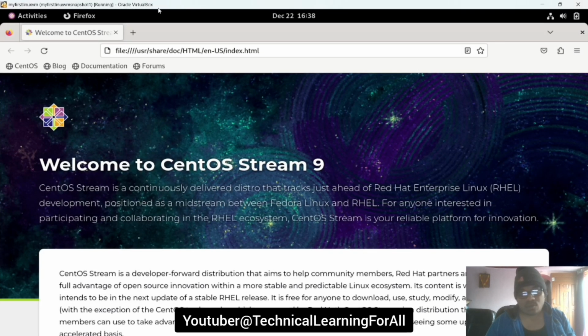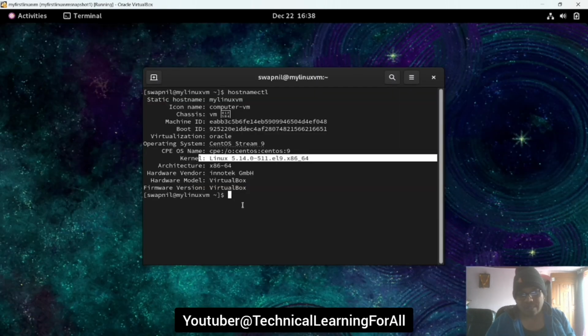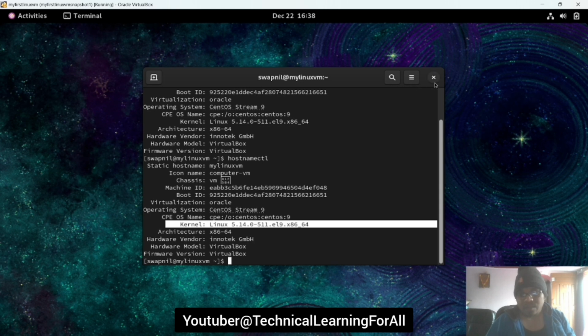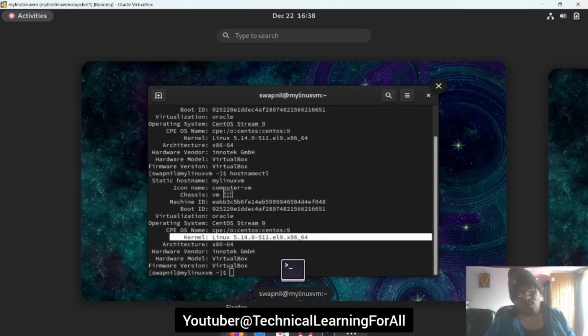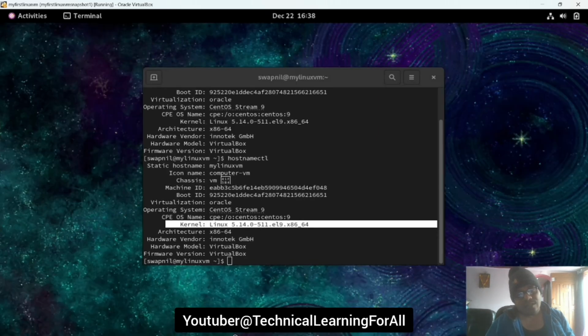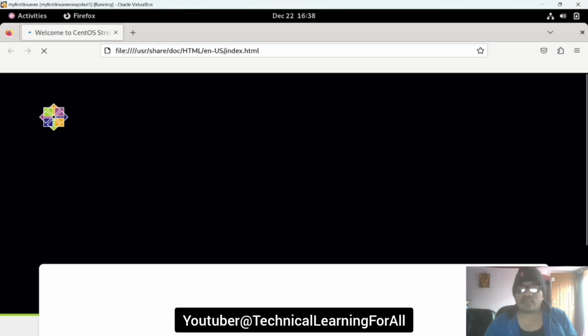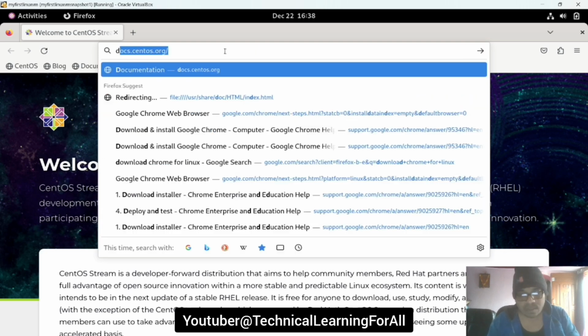Fine. So inside this, if you want to check the version, you can just use the hostnamectl command, which I fired here. You can see the version as CentOS Stream 9, Linux based kernel. So in this OS we are going to install Google Chrome. By default we have Firefox here. So let us open Firefox, and here you have to search for download,